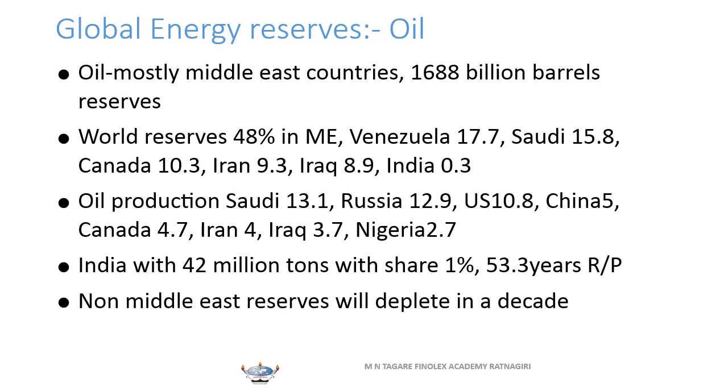Now let us look at global energy reserves in the oil sector. We know the oil is found in the seabed, and most of the oil is found in Middle East countries. At present, it is expected that 1688 billion barrels of reserves are there in the entire world. Out of those total reserves, 48%, you can say 50%, is in the Middle East. Now if we see its breakup country wise, you will find Venezuela has the oil reserve of